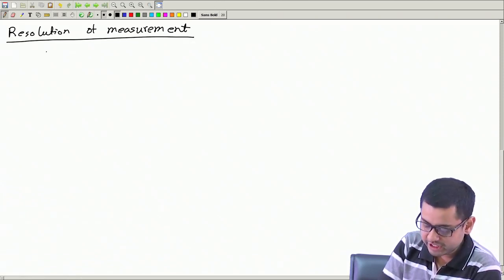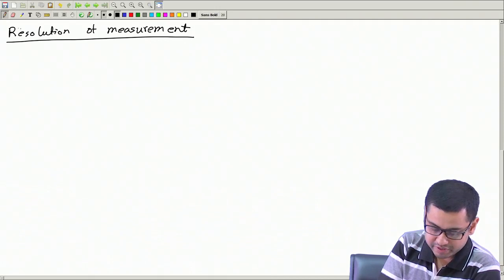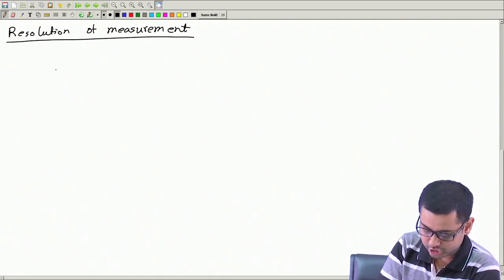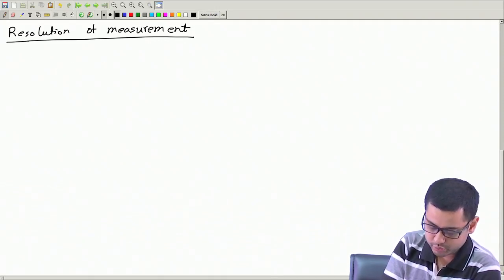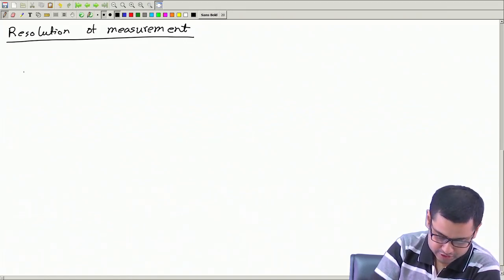So, what do we mean by resolution? Possibly this is a new terminology we are introducing now. So, let us define resolution with an example. Suppose I have